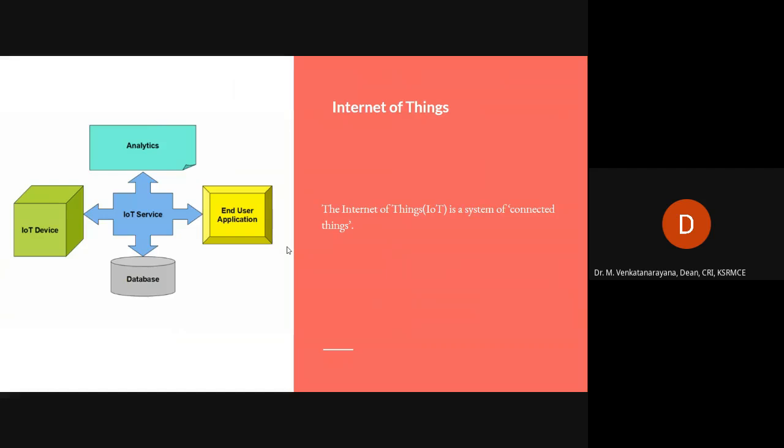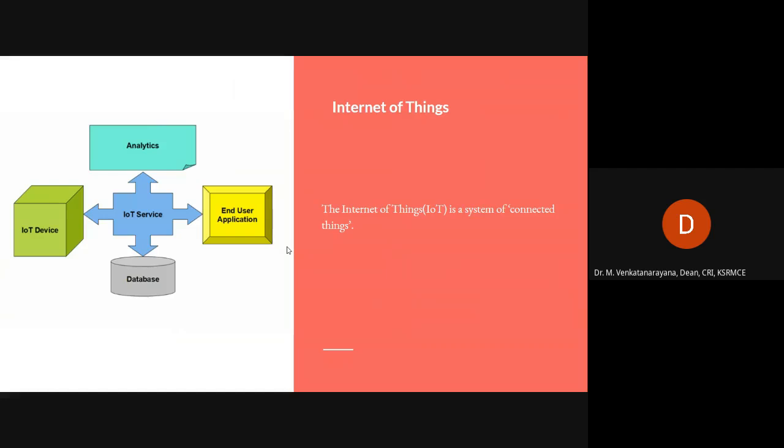So this is an IoT service. If you want to build an IoT system, we need IoT circuitry, and whether it is required an app or website, and also the cloud is required.